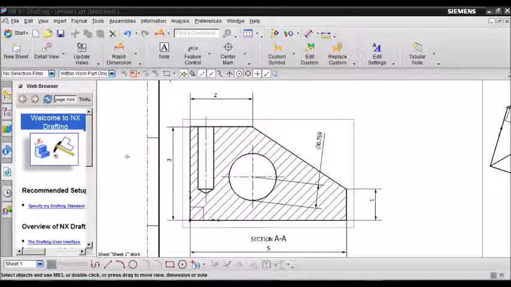Sometimes you will need to create a note to give specific information on the drafting that you just created. This is usually because you don't have enough space to give all the dimensions for the whole part. A note is really useful. For example, we're going to use it on this hole. So we are going to create a note to denote the diameter of the hole and the depth of that hole. So you click here on note